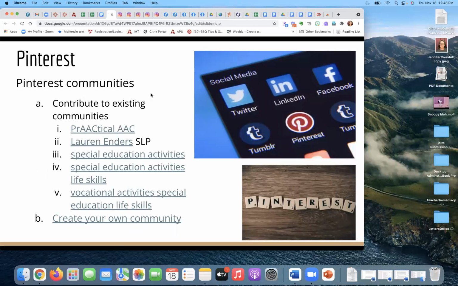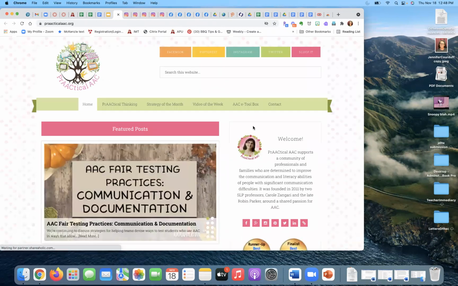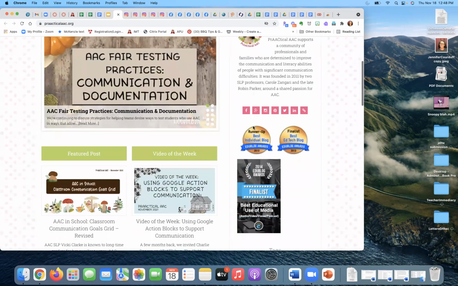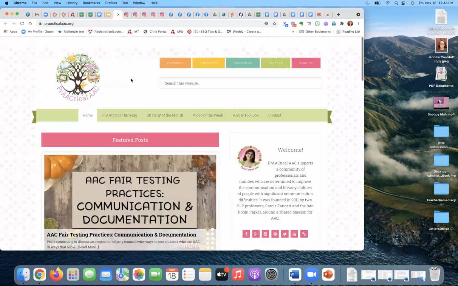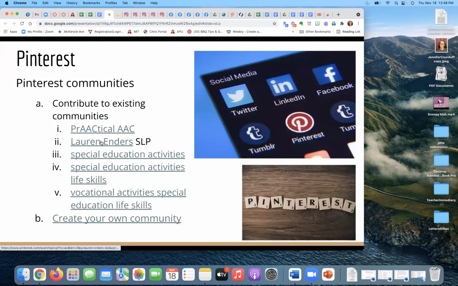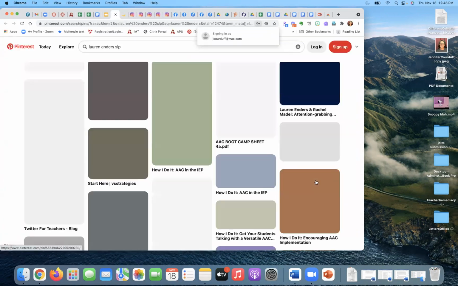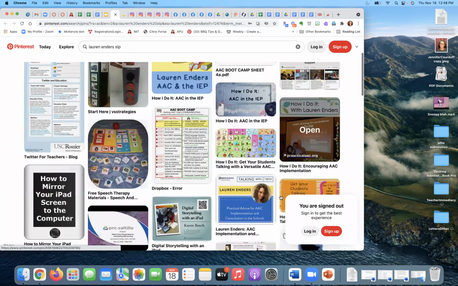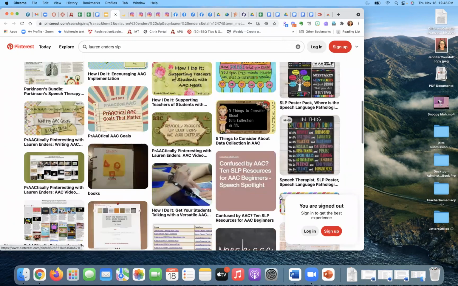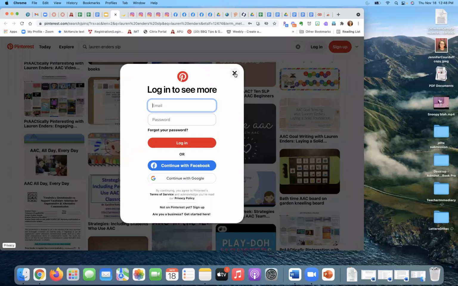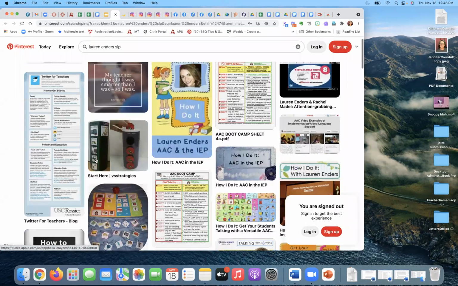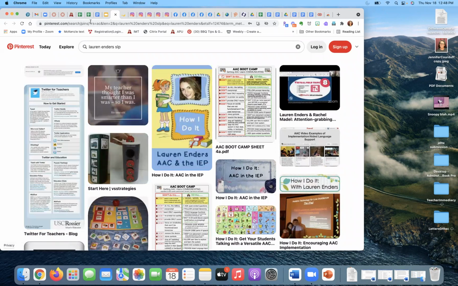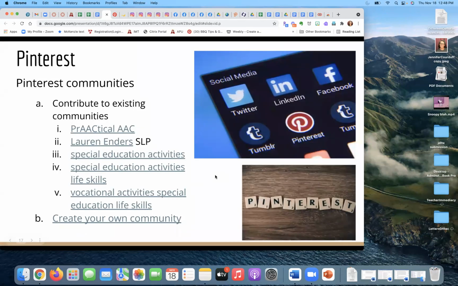And then last one, Pinterest. Again, this is another thing I never thought I'd see, but there is a big special ed community on Pinterest. Practical AAC has a lot of resources, has a lot of news, has a lot of helpful things. Lauren Enders is a Pinterest goddess. She really has boards for AAC and so many really great resources to help you not have to reinvent the wheel and to feel more normal and to get some ideas. It's a lot of information, I know,